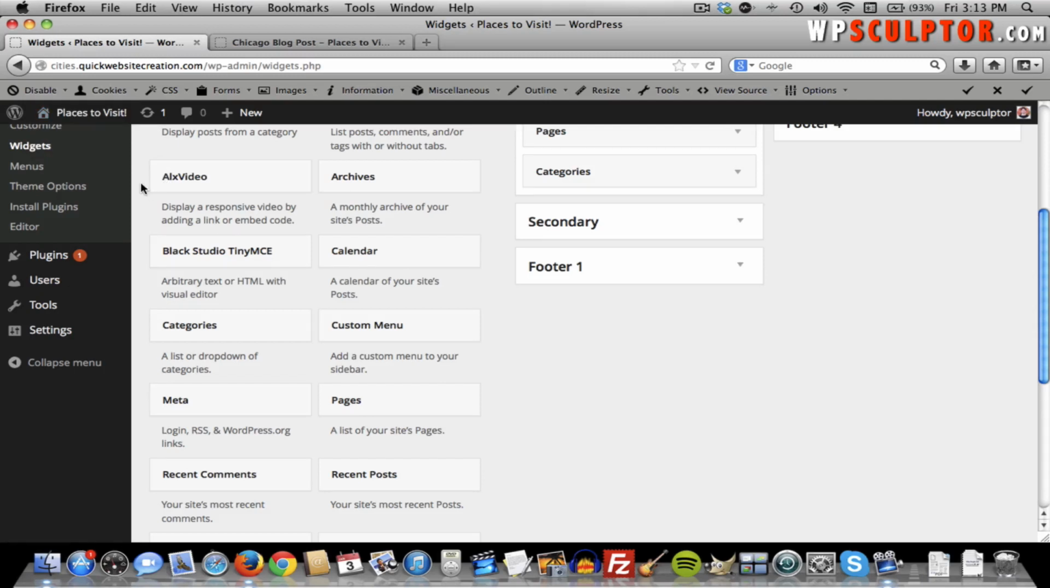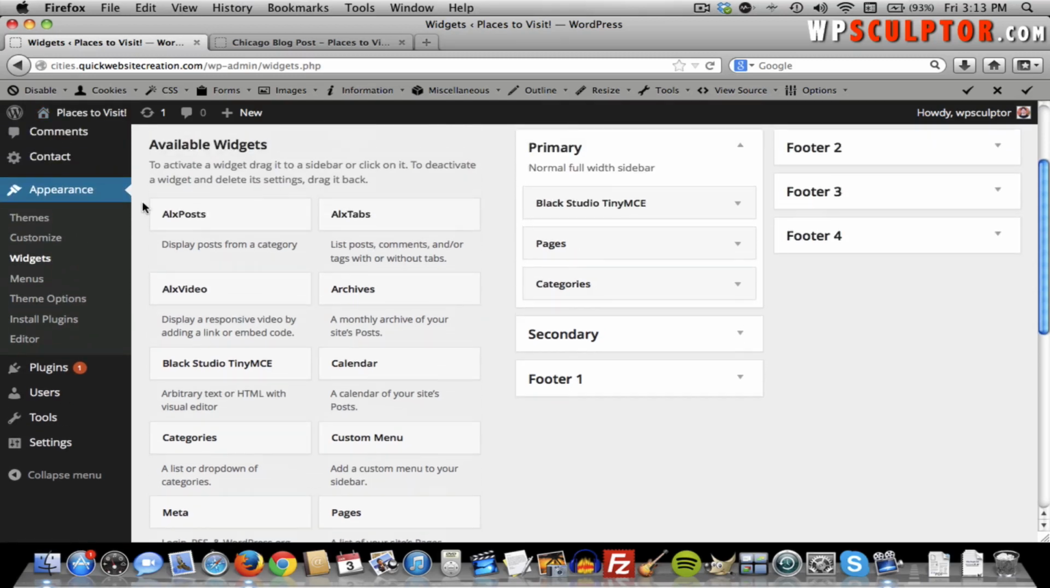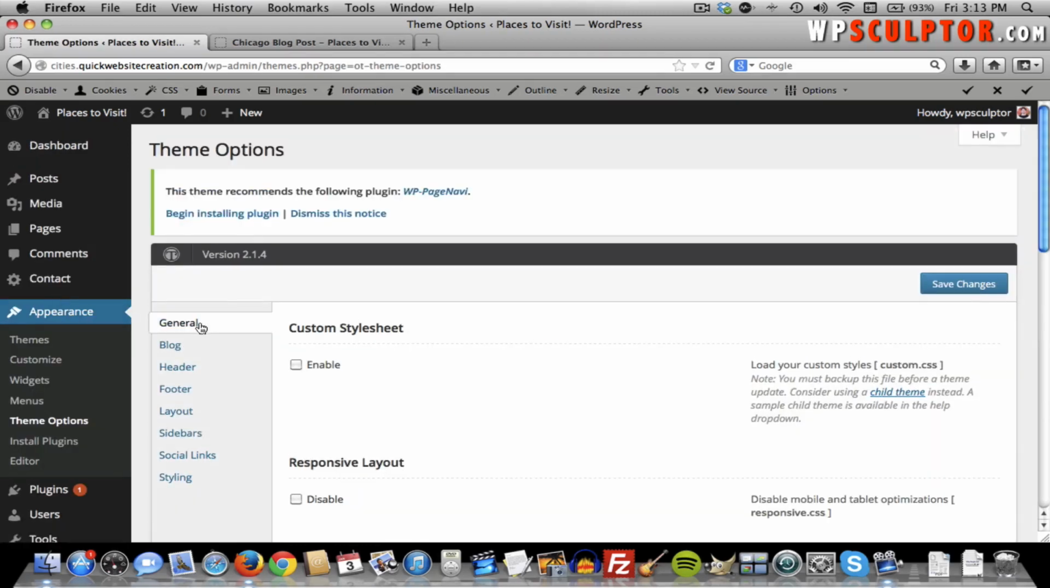Alright, so what if you're using a layout that utilizes the primary and the secondary sidebar, so that the secondary widget area wasn't available to you? What you can do is, under Appearance, click on Theme Options, and we're actually going to create an additional widget area. To do that, go to Sidebars,